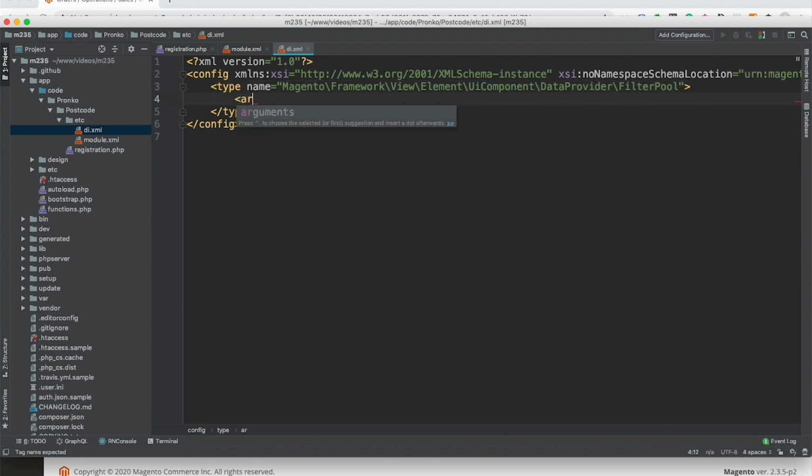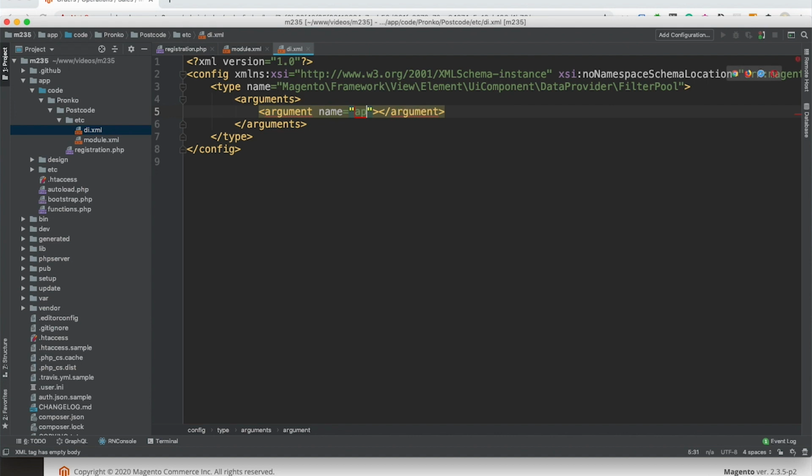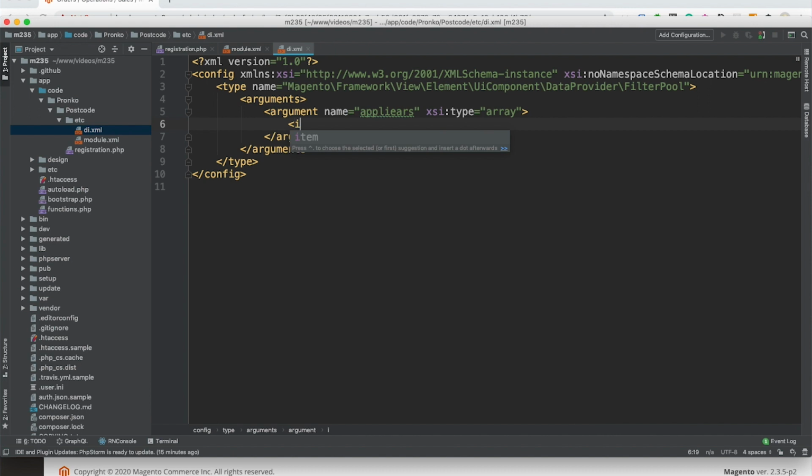Inside I'm going to use arguments, and there is an argument for the filter pool called appliers. This is an array. Inside I'm going to override an existing applier, which is like, and this is a type of object. Here I will add my custom implementation of a filter, like filter.